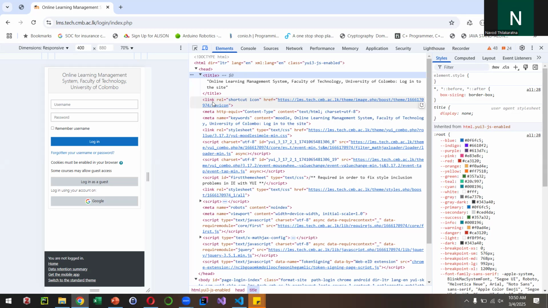So link, you can see a style sheet, and you have the script, and you have defined the char set. Likewise, a lot of metadata is there, right? Script. So yeah, that's one particular example. And I explain to you